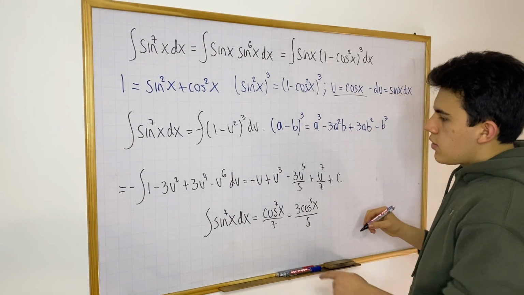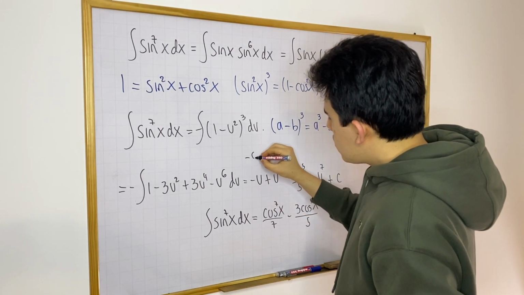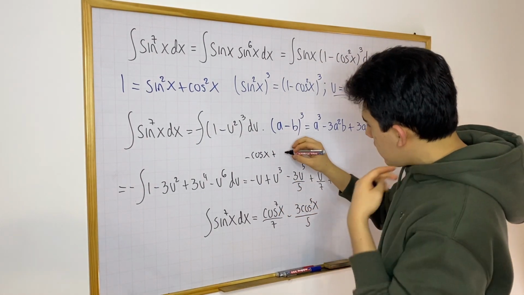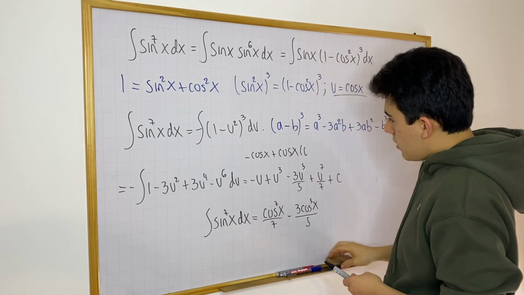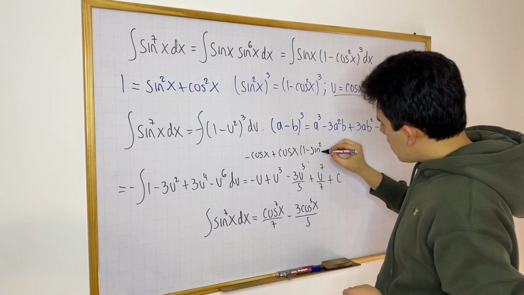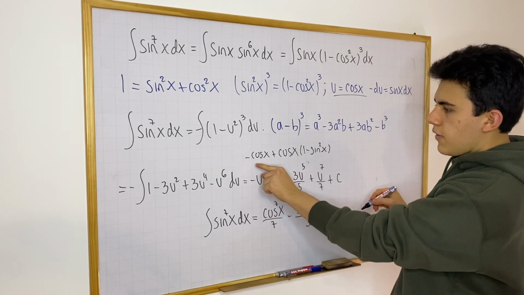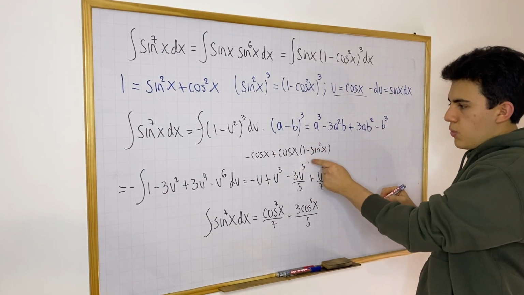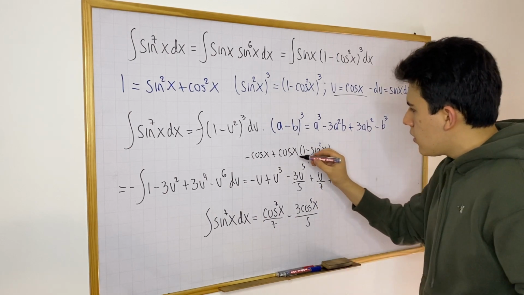Now these two, there's actually something really nice that you can do to simplify these two. This will be minus cosine x plus cosine cubed. Something really nice that you can do there is that you have cosine x times 1 minus cosine squared, so this is 1 minus sine squared x. These two terms, minus u plus u to the third power, will be equal to this. So we have minus cosine x plus cosine x times cosine squared, which is what 1 minus sine squared is equal to. So actually, notice that if you distribute this cosine x to this term over here, I'm going to do that,